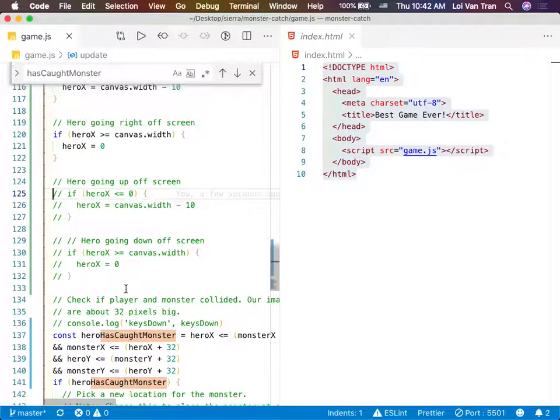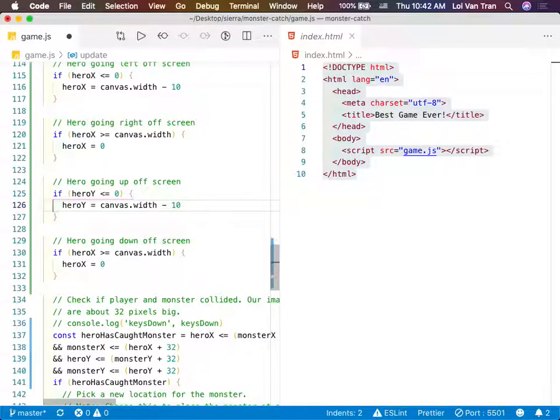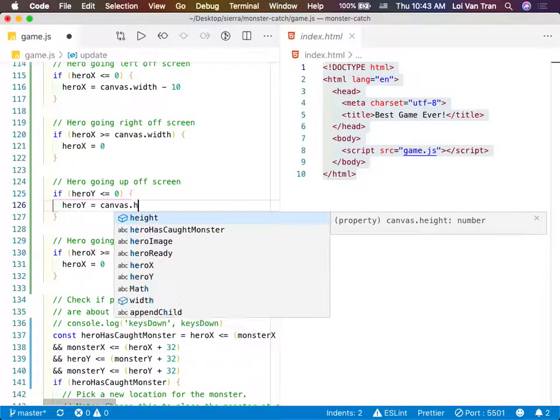Okay. So can someone help me out? If we're going up off the screen, how can we determine whether or not they've made it to the very top? What do we need to change here? We need to change this to a y, right? Because as the hero's moving up, the number of their y is getting smaller. So when they cross the top of the canvas, they're in the negative range, right? So now we're gonna say, if the hero's y is smaller than or equal to 0, we're gonna say that the hero's y is now the canvas.height. So if I move up,